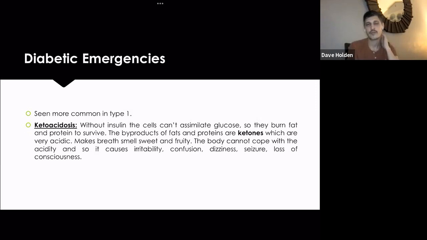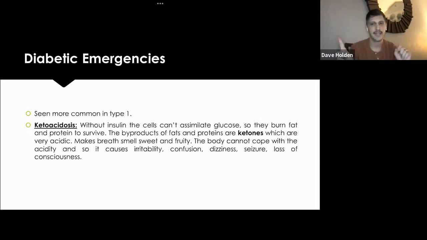So when the body starts producing ketones as a result of breaking down fats, you start to smell the ketones as it's metabolized through the body. Your breath starts to smell fruity. But the problem is that they're super acidic and the body can't deal with that acidity. So it starts to lead to all these side effects. Loss of consciousness is pretty severe. Most people don't pass out or anything. But again,